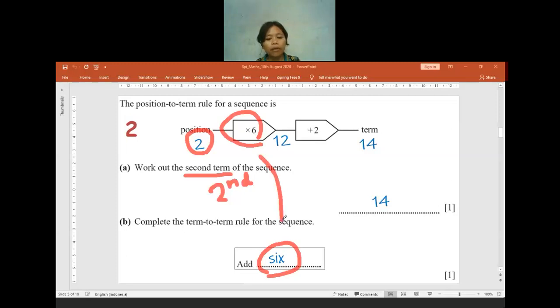Is there anyone having any question or get confused for the question 2? Before I move to the question 3, I'm reading the chat box, so please, if you have any question, let me know. You can type all your queries through the chat box. Okay, no one asked me anything through the chat box, so I will continue to the question 3.